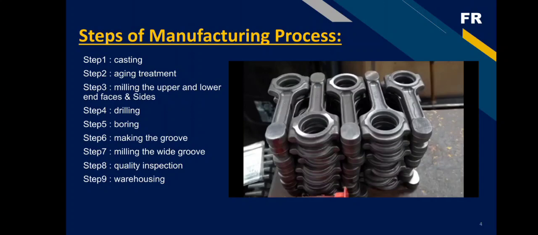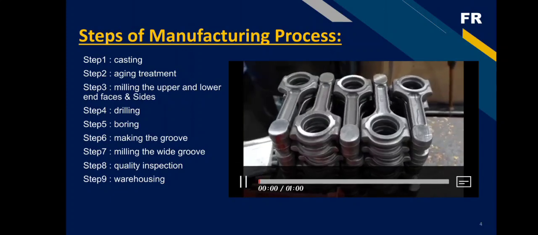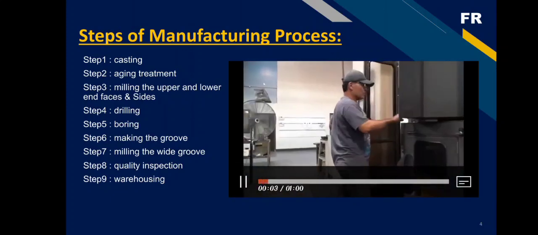The next operation is boring the small end of the connecting rod, which acts as a reliable locator for sculpting the outer profiling of the cap and later for boring the big end. Centered on the small end bore, the forgings are fastened to a tombstone where the outer profile of the connecting rod caps are machined. Rounding tools give the finishing touch. The caps are end milled, then drilled and fitted with nut and bolt in the locator. Next, let's see the video of the manufacturing process of the connecting rod.